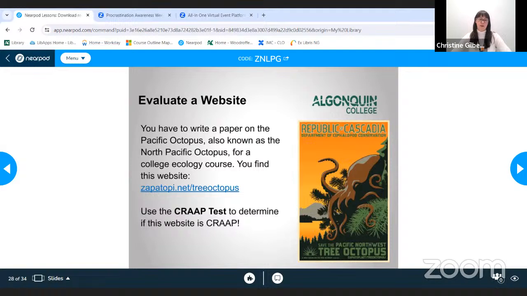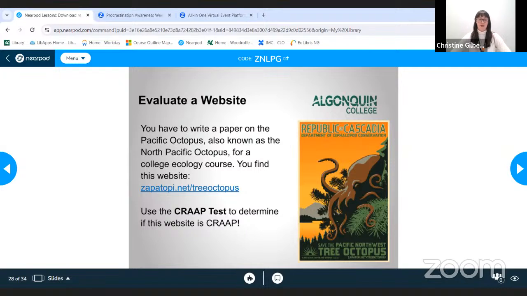All right, now you have a chance to put everything we just learned to the test. So you have a paper to write on the Pacific octopus, also known as the North Pacific octopus, for a college ecology course. You find this website. So when you have some time, I recommend that you open this website and ask yourself, is this a resource